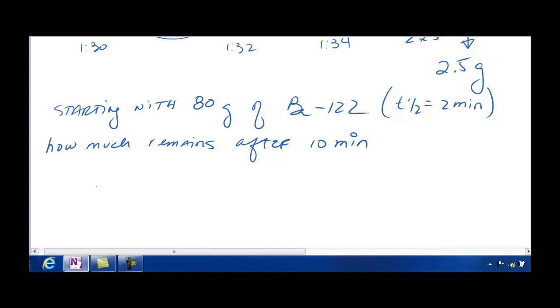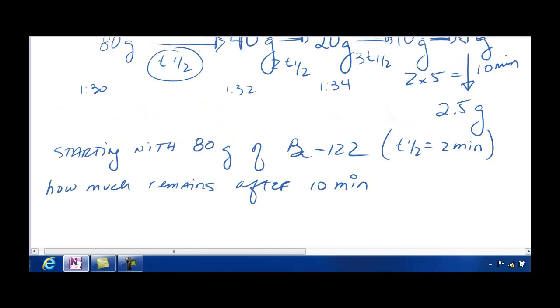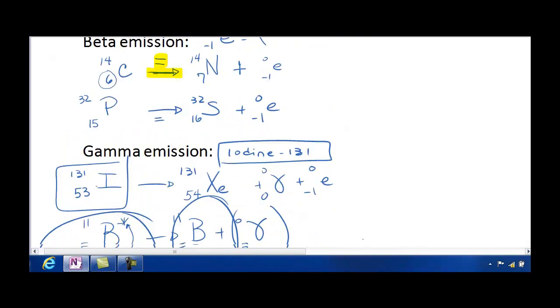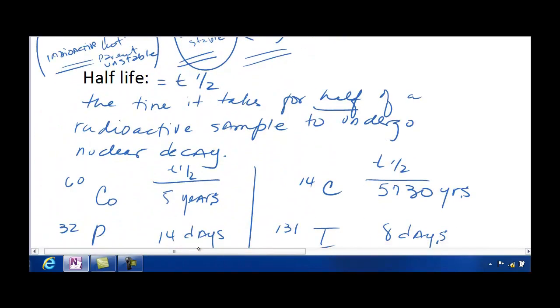The half-life for carbon-14 was what? We said it was around 6,000 years. And I gave you specific numbers, because I know you guys love specific numbers, of 5,730 years. So every 5,730 years, it gets cut in half. We can measure